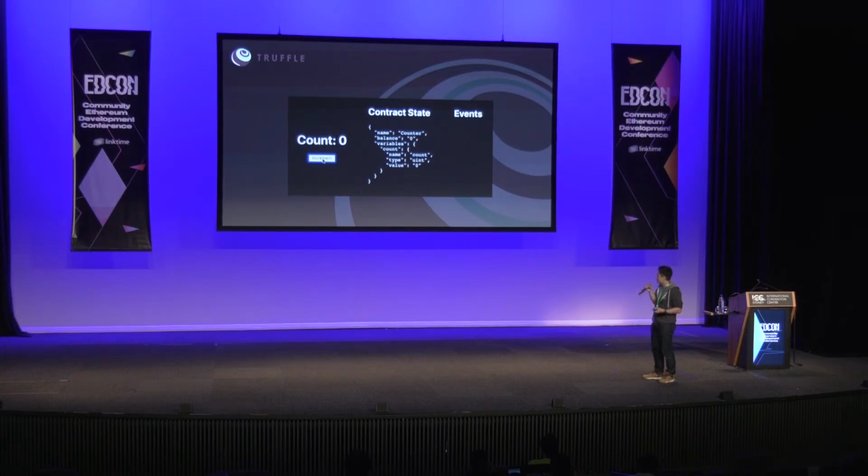This is a small GIF of a very basic dApp, basically what we had from before. I'm just going to play it. Very simple. You have your count, and it goes up every time you increment. Obviously, this is happening very fast because it's insta-mined on Ganache, the Truffle test blockchain. In real life, you would have to wait for real block times. But the count itself is updated by itself. You can see the contract state JSON is also updating, and the events are just flowing in.